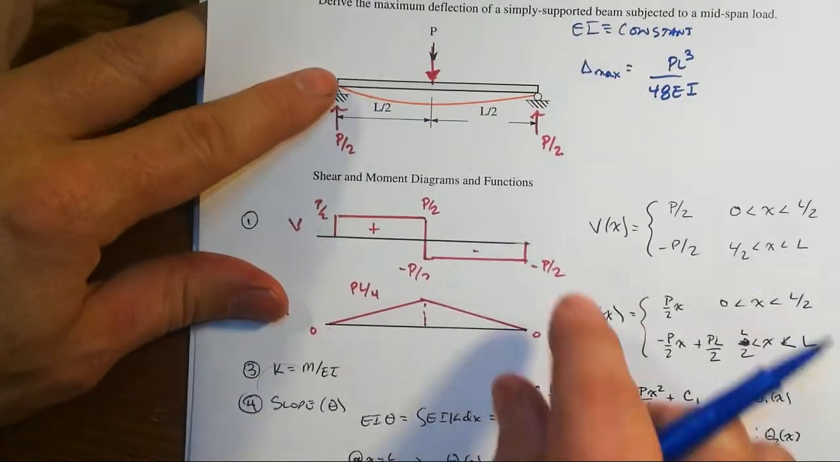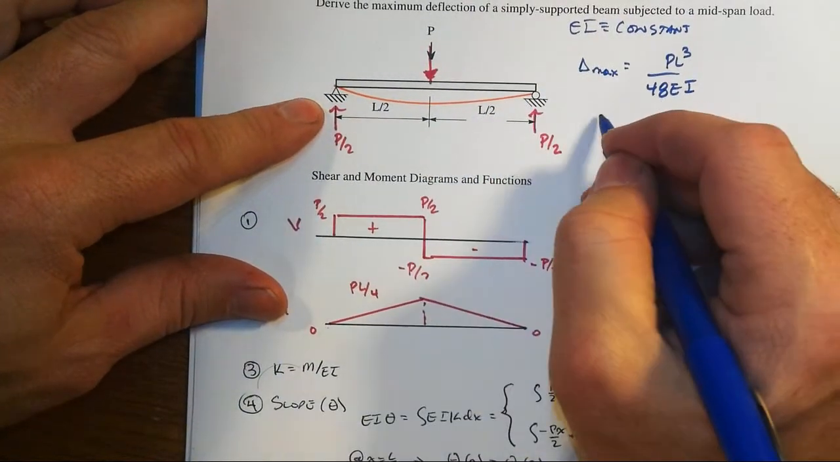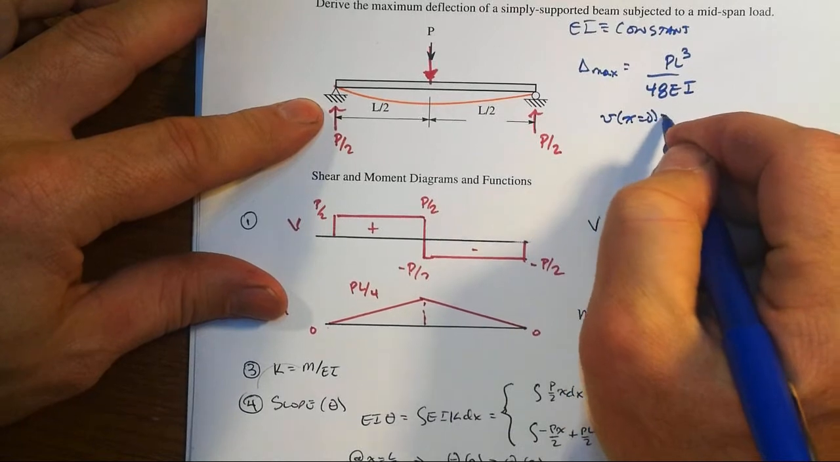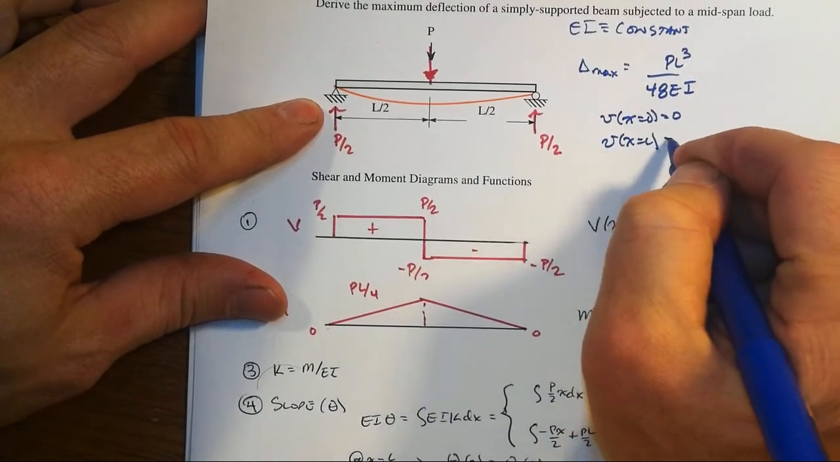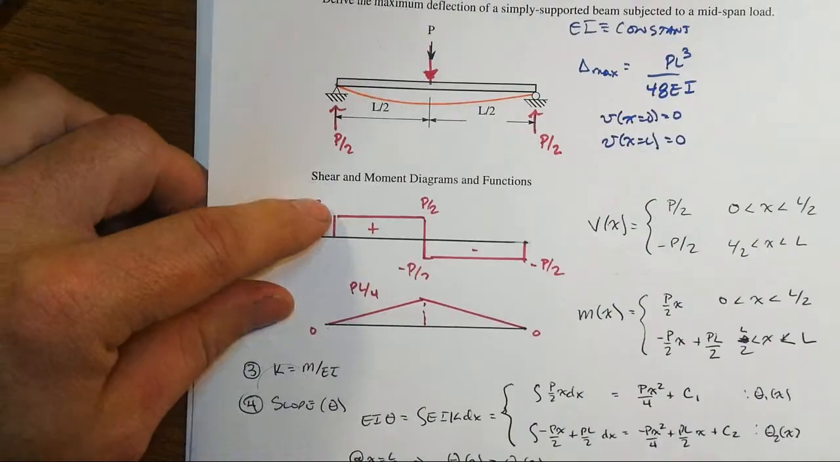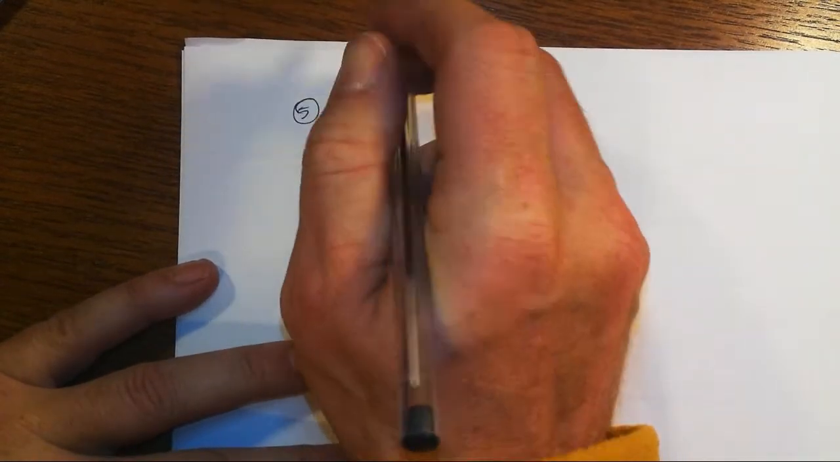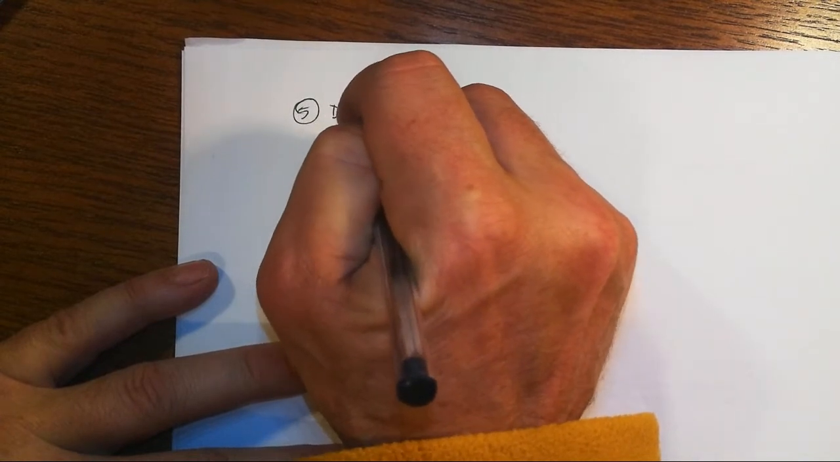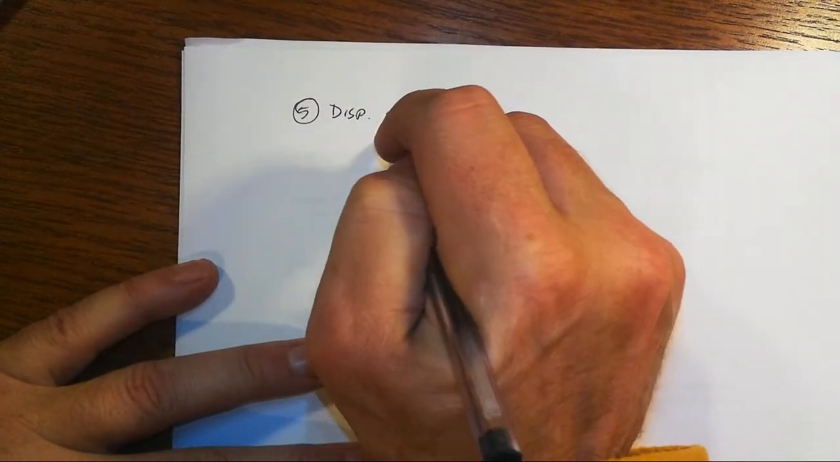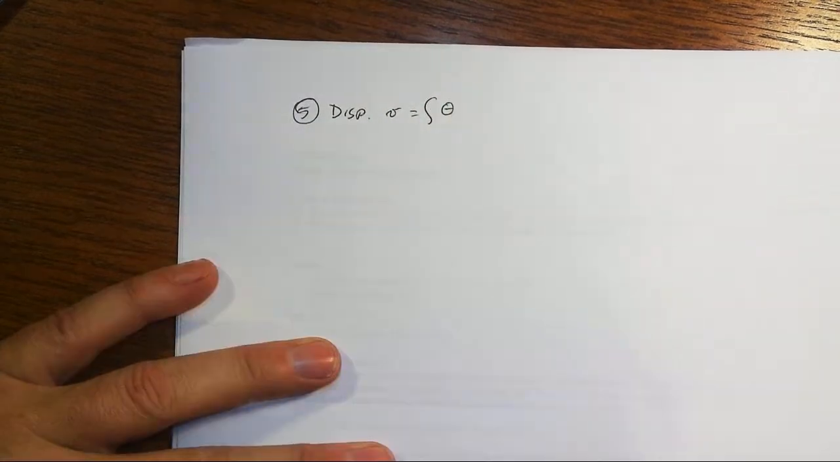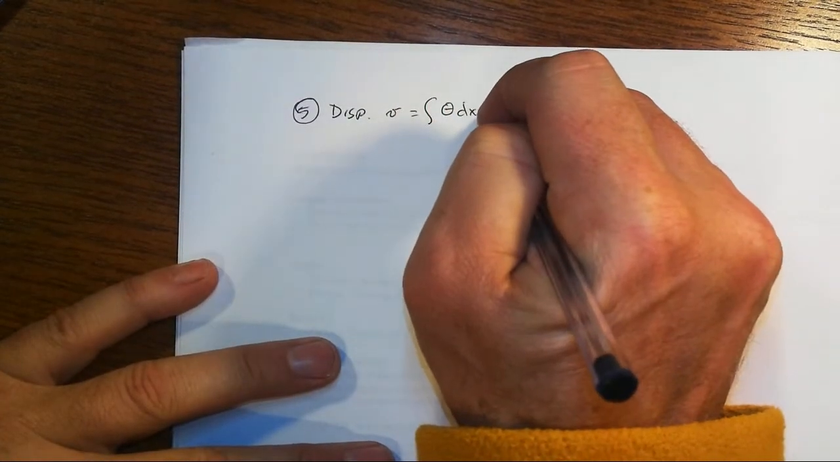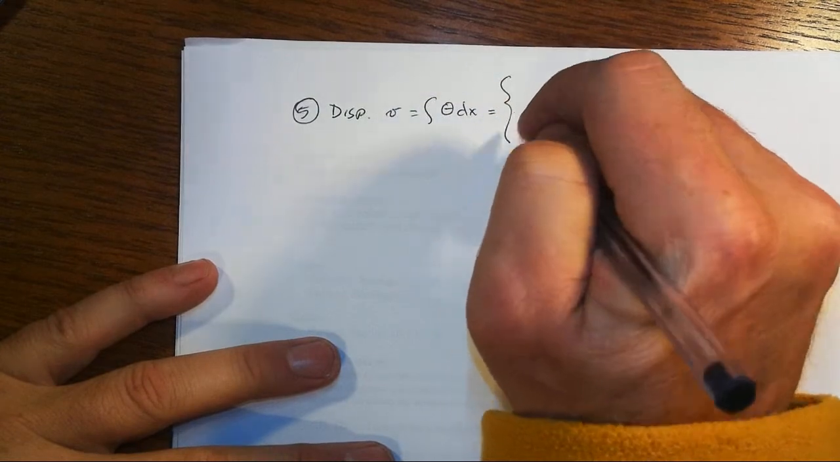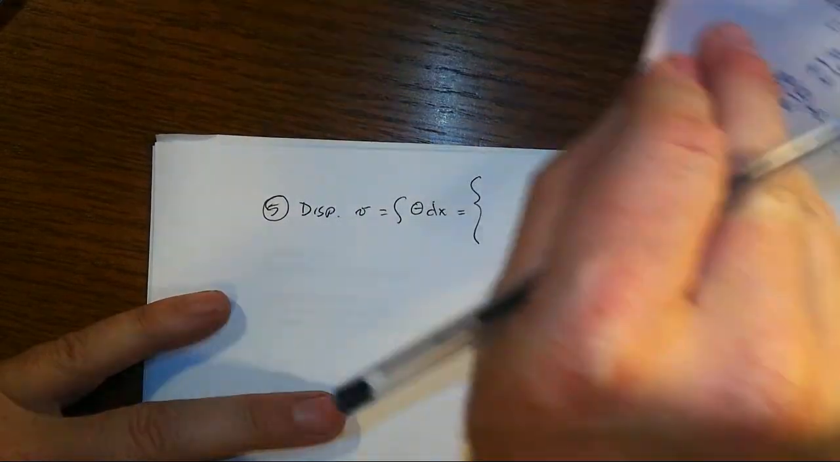And I don't have any other boundary conditions here. The boundary conditions are that v at x equal to 0 equals 0, and v at x equal to L equals 0. Those are my only two displacement boundary conditions. So let's now go figure that out. Alright, well, for step 5, we'll find the displacement, v, and v, of course, is equal to the integral of theta dx, and that, unfortunately, is segmental,